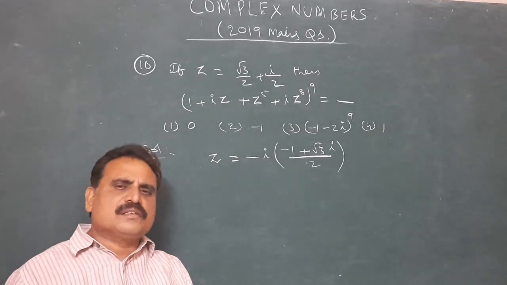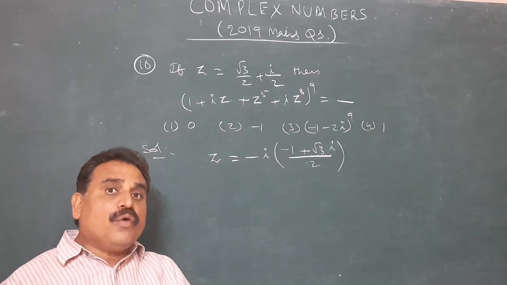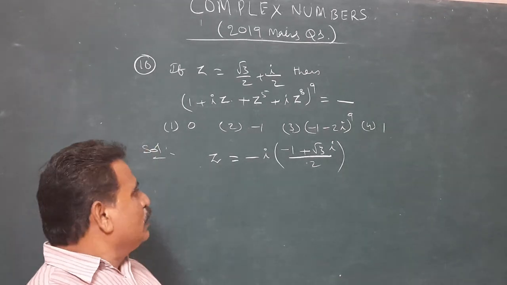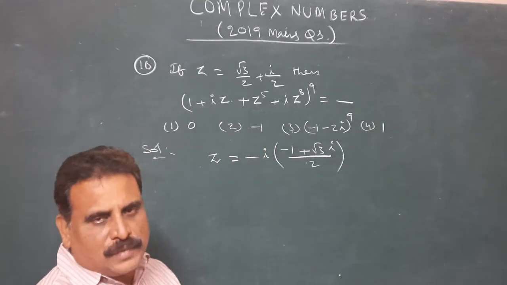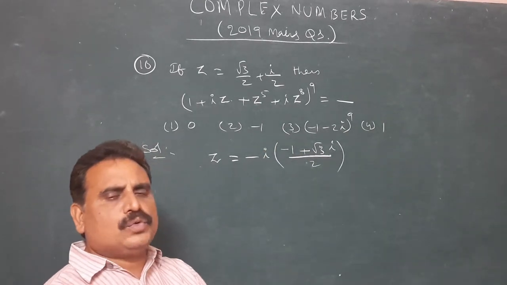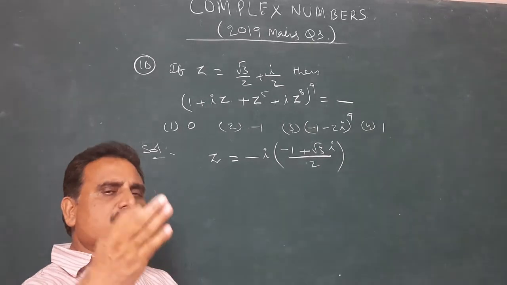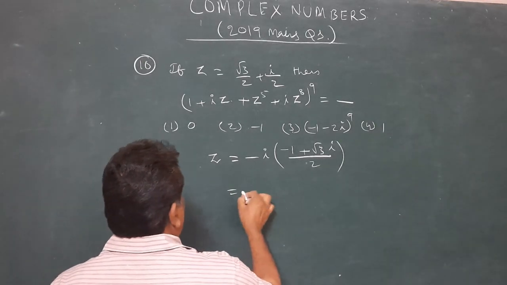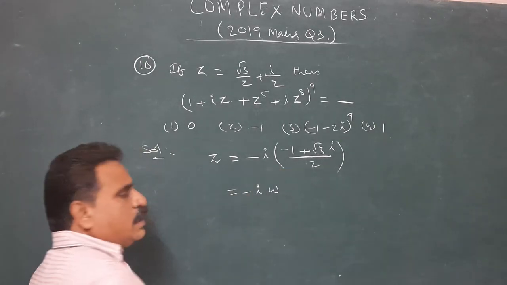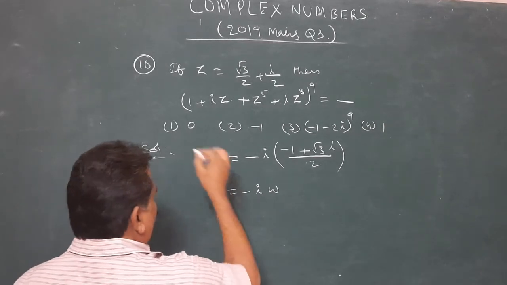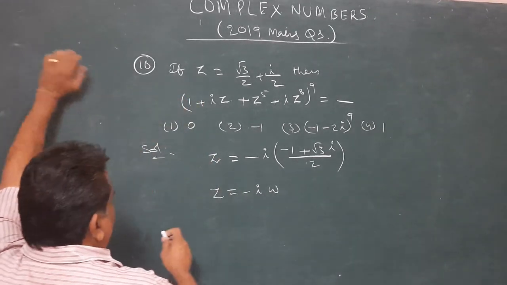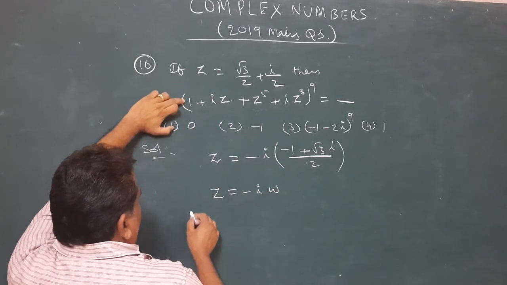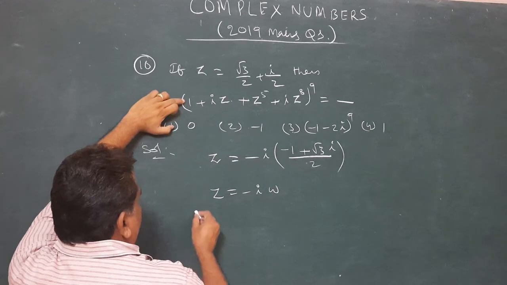Why are we taking minus i? How do you know that? Take minus i common, a simple technique here. The remaining part is omega or omega square. Minus 1 plus root 3i by 2 is omega. Omega square is minus 1 minus root 3i by 2. That is the point of view in taking common minus i. Z equal to minus i omega. Now, iZ. Question: this value is 1 as it is.